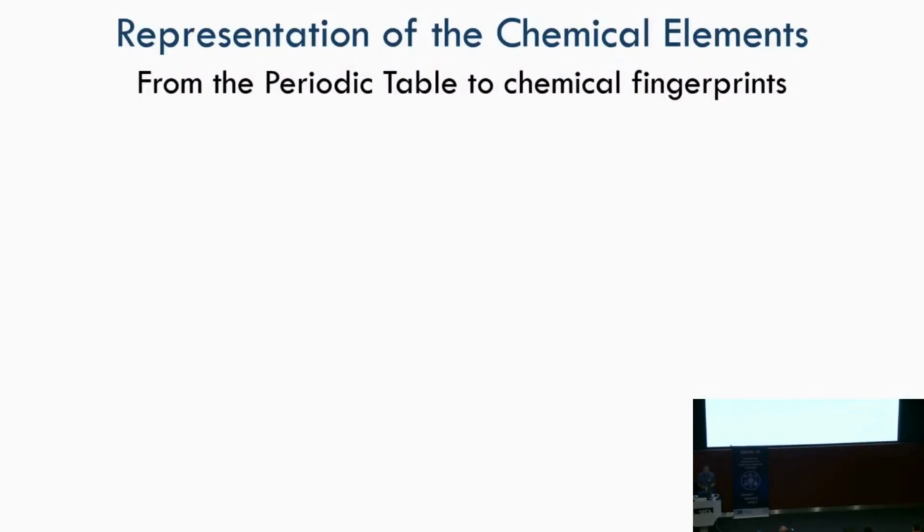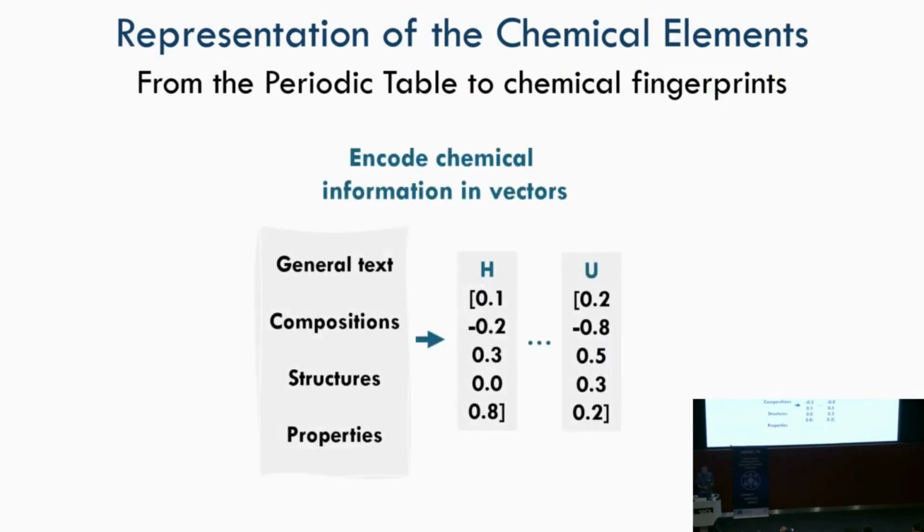So what we try to do for these inputs for machine learning models is to encode this chemical information in vectors. And so the data can be quite diverse. So you might have text data, from published papers in material science. You can have information on compositions that are made and are stable, on structures and properties. And then you can choose some type of machine learning model that's going to take that information and encode it into a series of vectors for each element. And then you suddenly get a vector basis for the periodic table. So if I want to build a new material, it's going to be a combination of those vectors that will give me the input, and I might be able to predict the property very quickly, or a synthesis route.